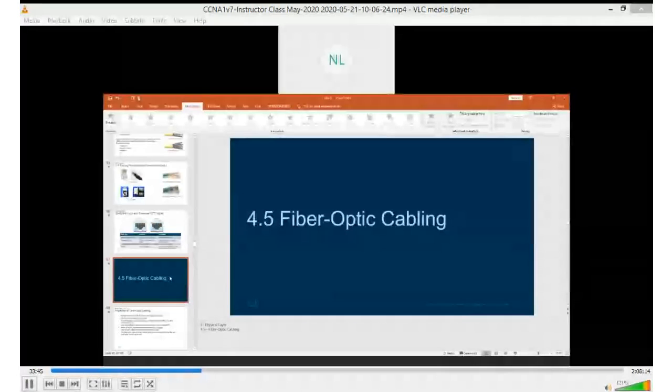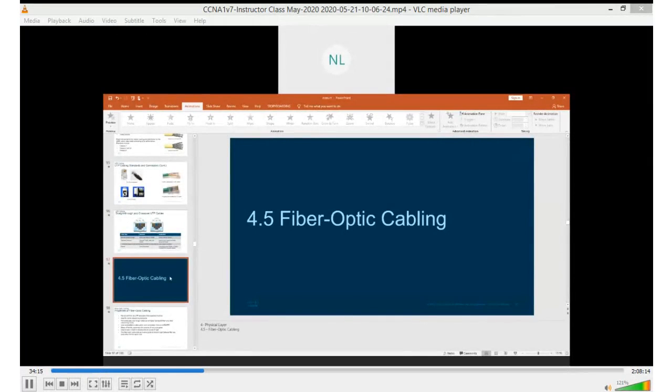Coaxial is used for connecting, let's say, wireless antennas into the building. UTP is the most common type of connection in organizations, followed by STP. Shielded twisted pair is more expensive than UTP because it has additional shielding to protect it more against electromagnetic interference and